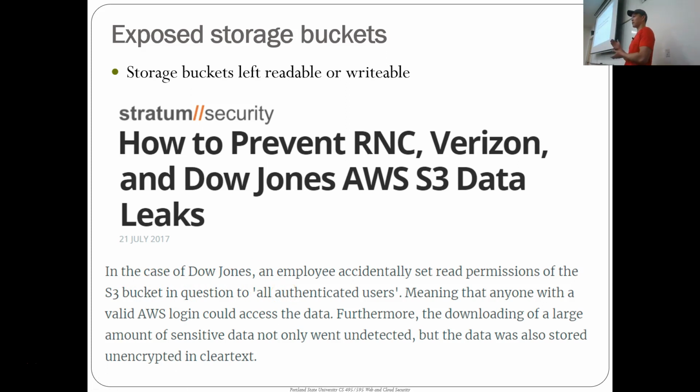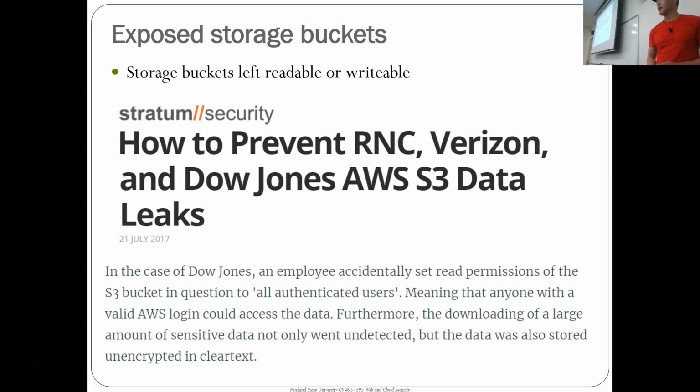People think that must be secure. That setting screams security to me, but what all authenticated users means is that anybody with an AWS account can access these buckets. So anybody with AWS was able to get the data, and that's how these breaches occurred.